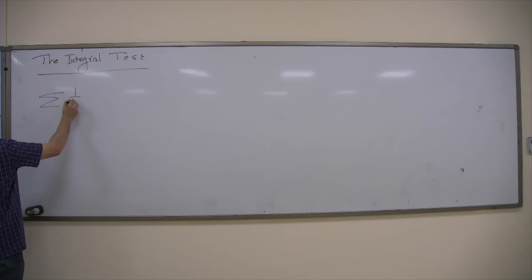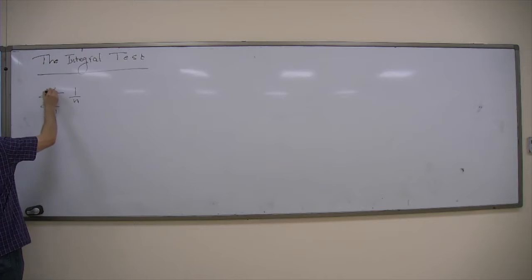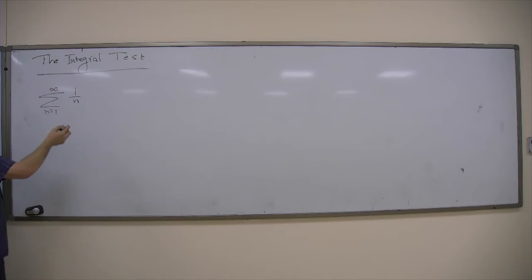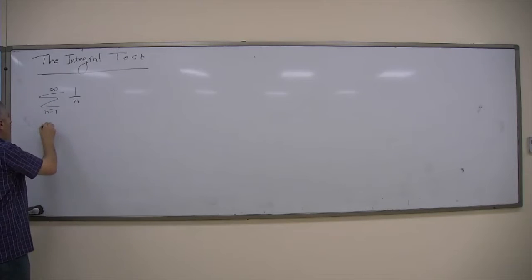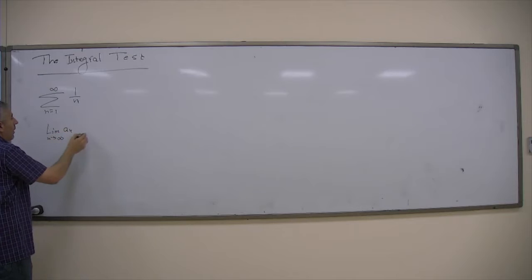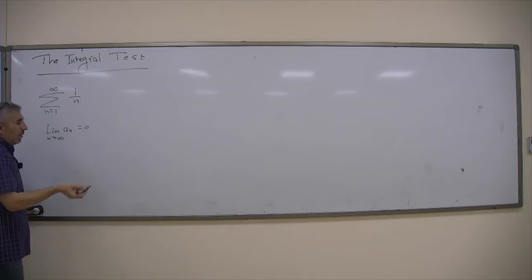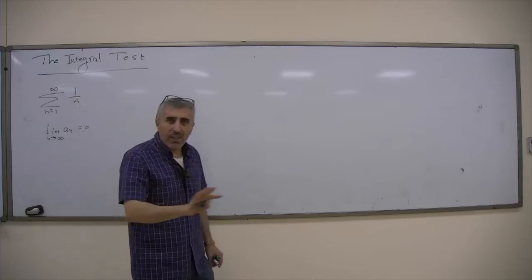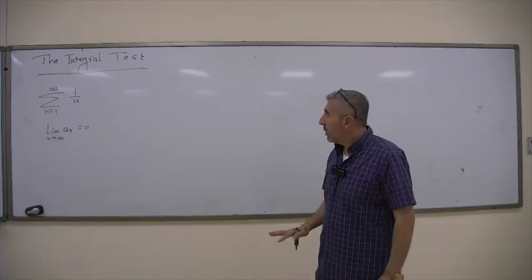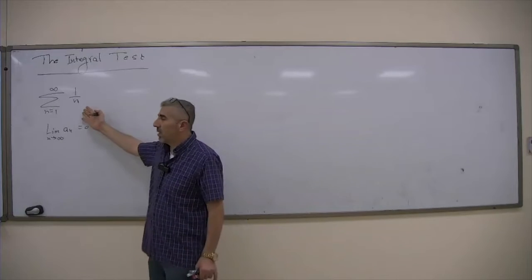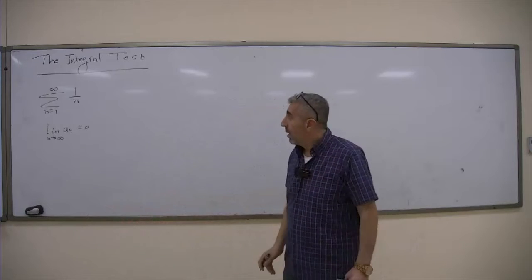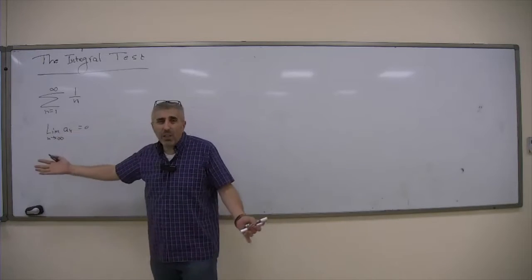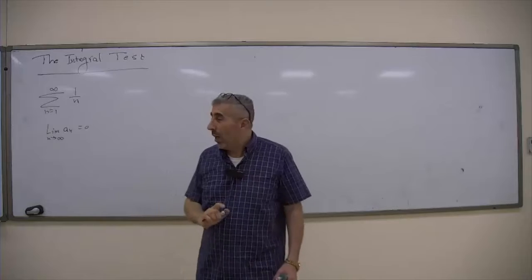summation 1 over n from 1 to infinity, you can observe that limit of a_n as n goes to infinity is 0, which means the divergence test does not work here, correct? So you cannot say this series is divergent because the divergence test doesn't help you, and you cannot say it is convergent because how do you know here? However,